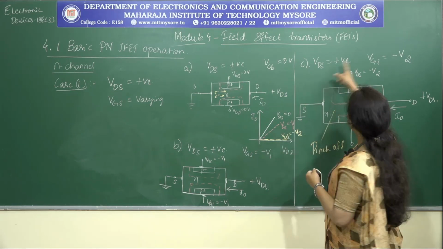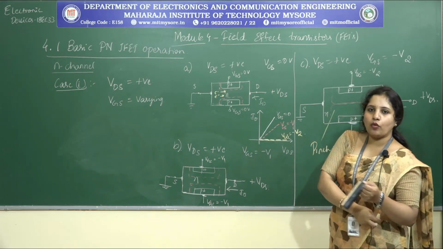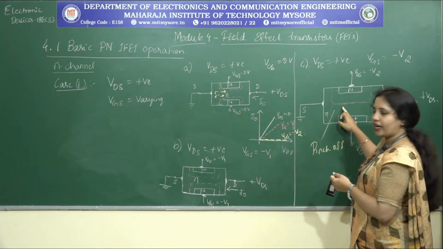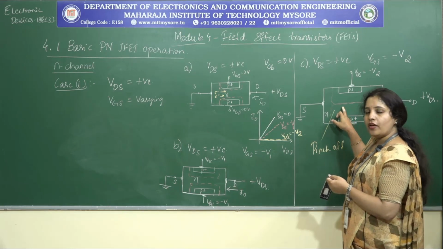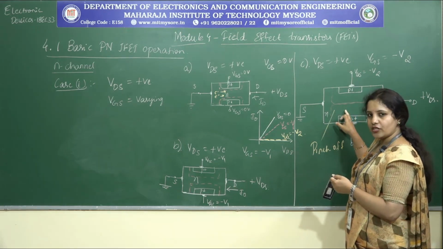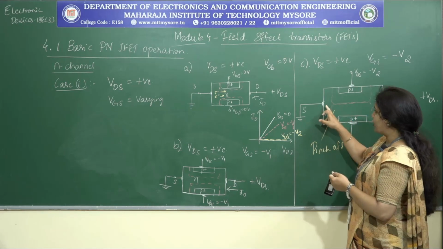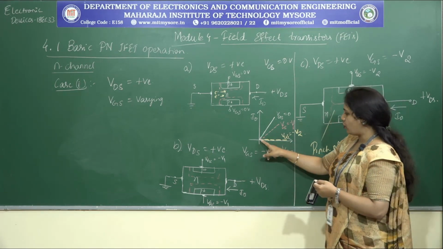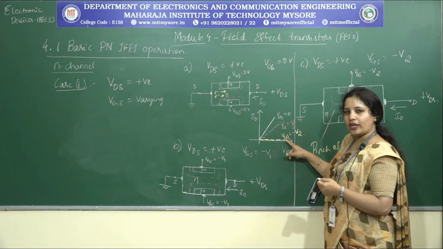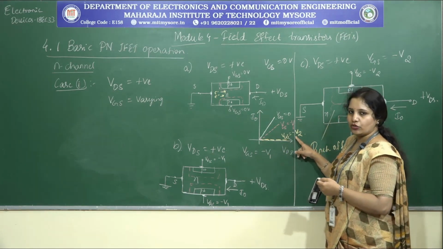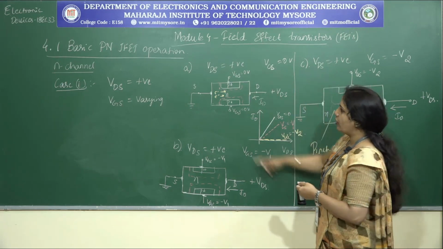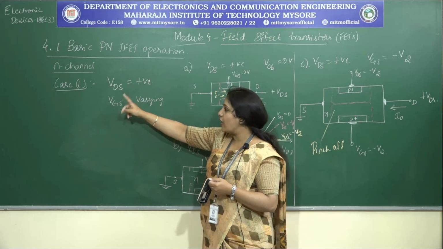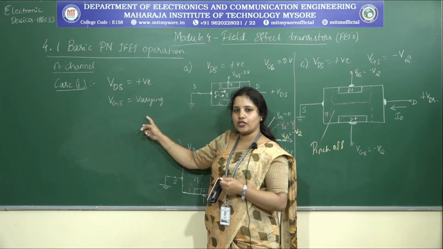After that, we considered a case wherein I provide more negative voltage across the gate terminal. As I provide it, there occurs a scenario called pinch off, wherein both the depletion regions merge. As a result, it isolates the source and the drain, and no current flows across the device, and that is what I represent in the yellow dashed lines for VGS equal to minus V2. This is scenario 1, when I keep VDS at some positive voltage and change my VGS.